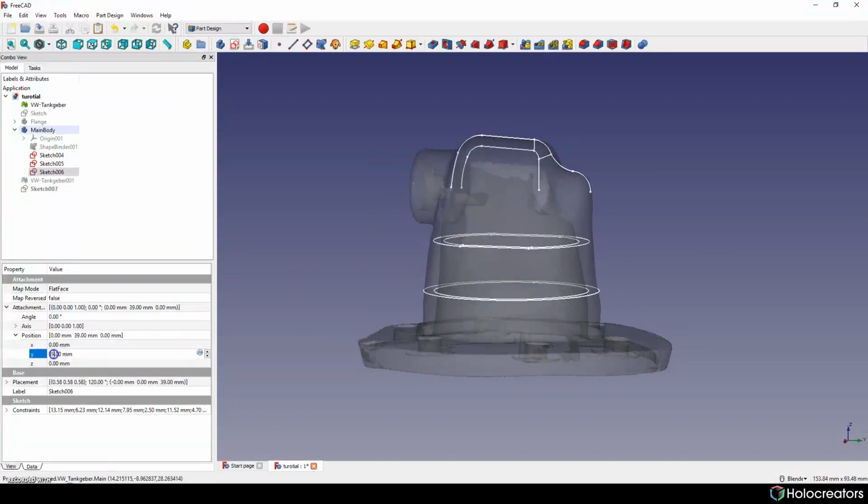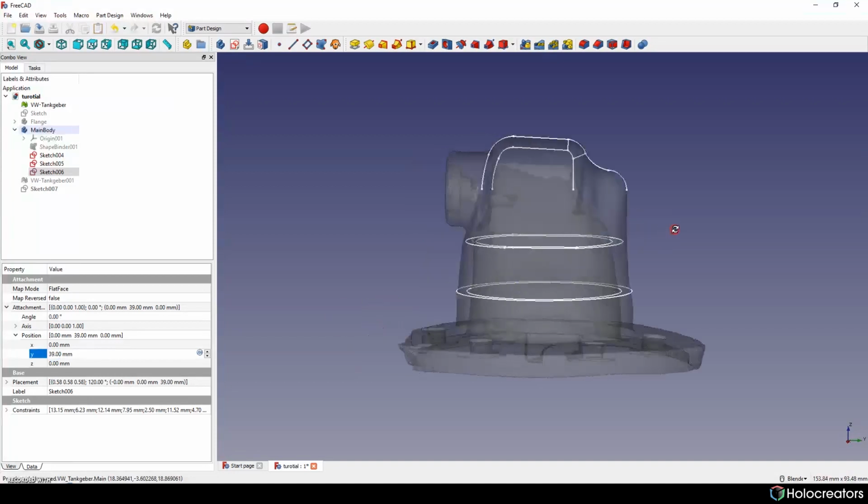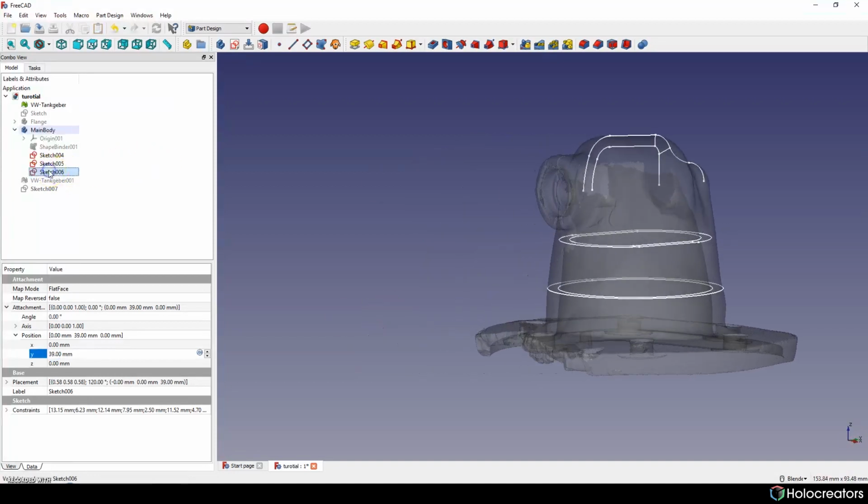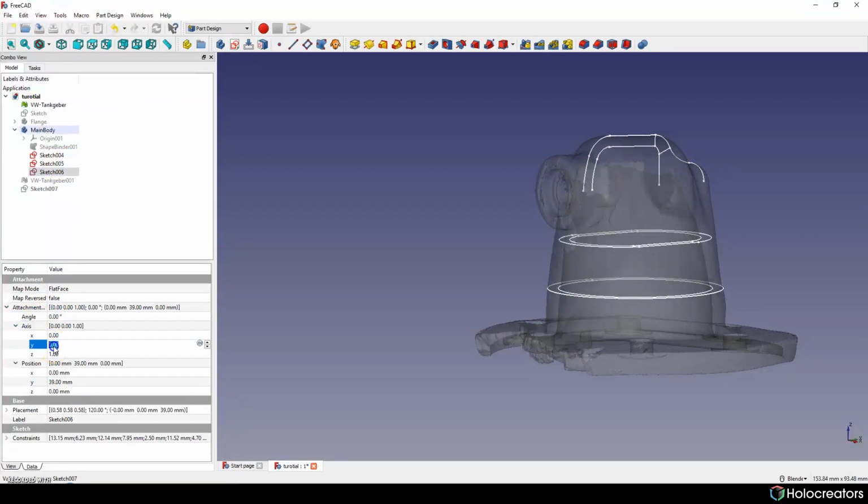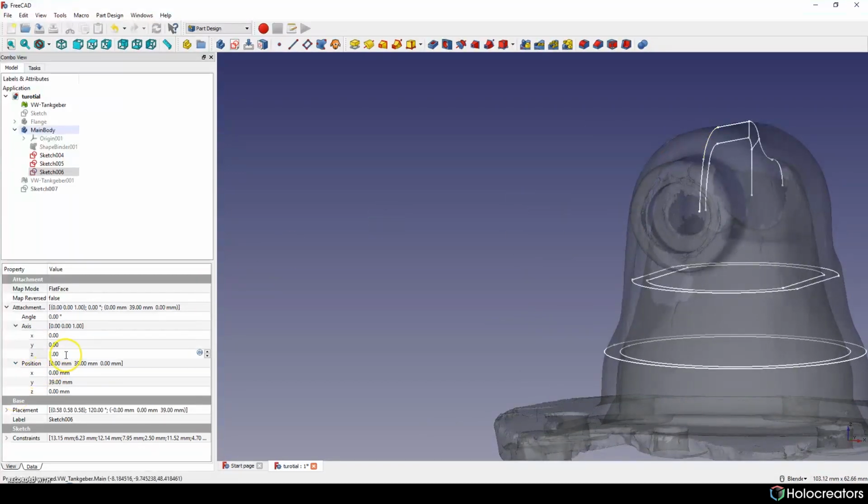Also we will need this value here. So basically we can try to use this option here to rotate our sketch.